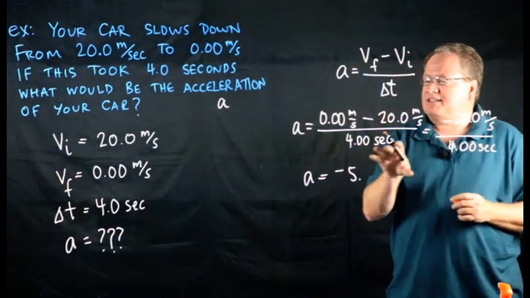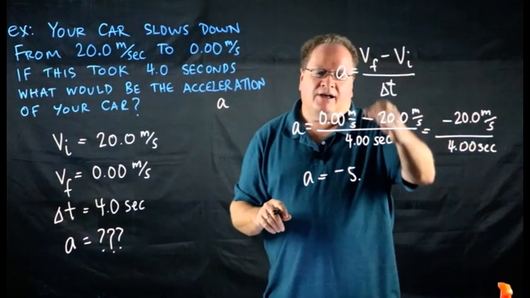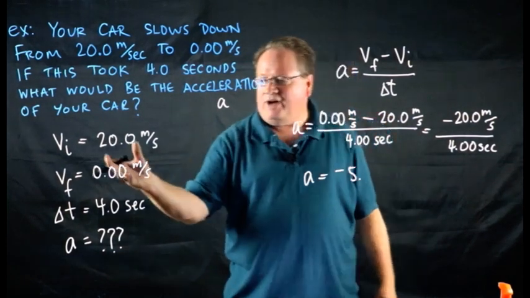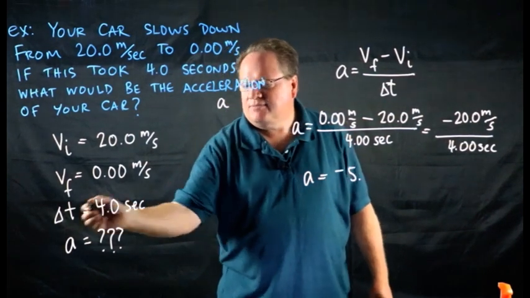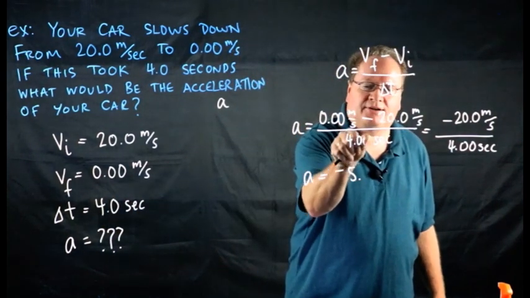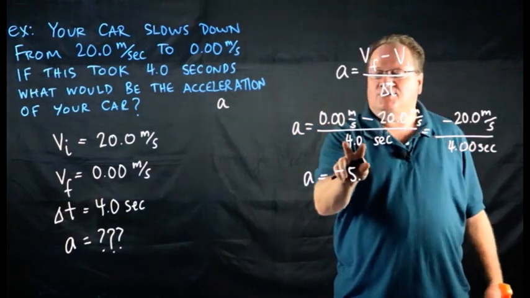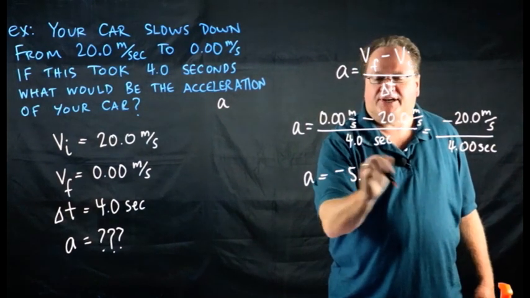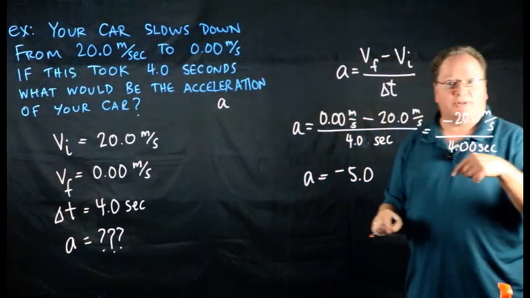I'll get into the unit in a second, but let's think about significant figures. Here I'm dividing. The major operation here is dividing. I want to figure out, if we're dividing, which of the numbers has the least number of sig figs. That would be delta t, 2, although I accidentally wrote it with 3 here. Let's get rid of that. If this only has 2 sig figs, I'm only allowed 2 sig figs in my answer. So I can't say 5.00. I can only say 5.0. That 0 is significant because there's a decimal in the number.